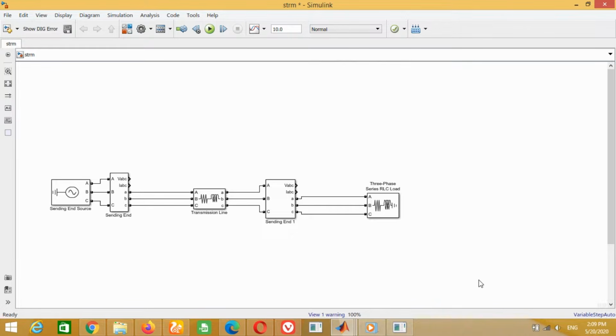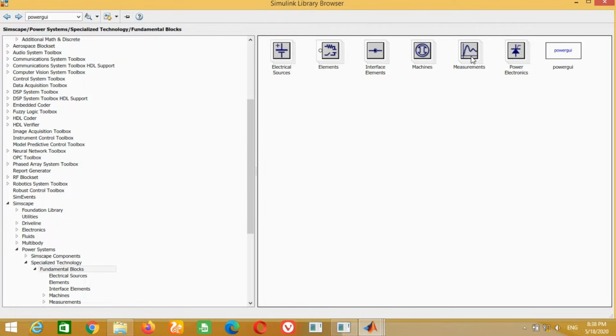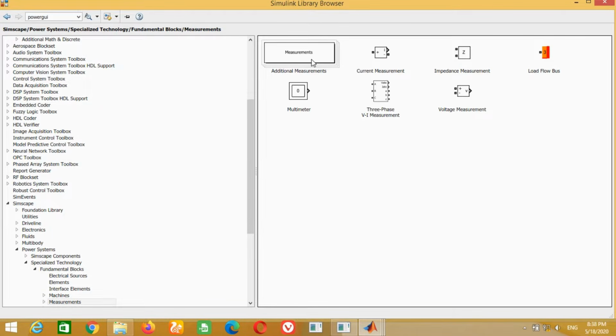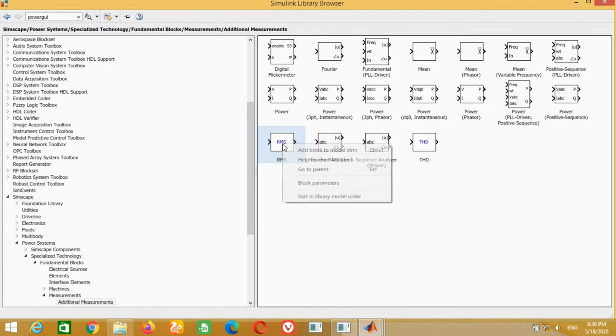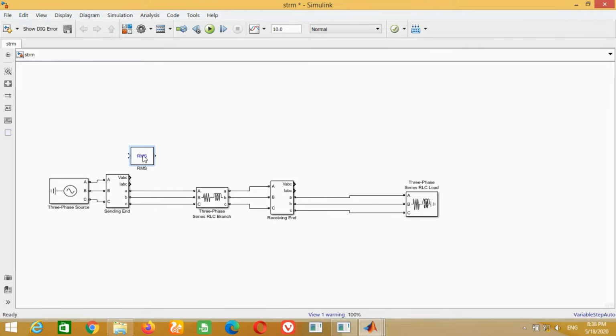We need to connect the measurement block to display so that voltage and current measurement can be seen. Before this, it may be noted that meters usually measure RMS voltage. Therefore, first we need the RMS block to convert this AC peak voltage into RMS voltage. Take this RMS block and put it in the model and connect it with the 3-phase measurement block.